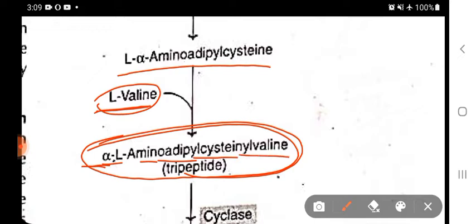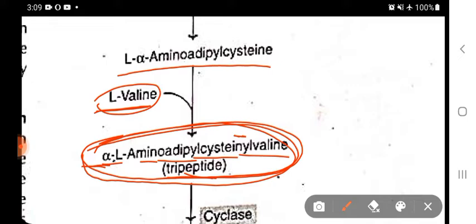Alpha L amino adipyl cysteine valine, which is a tripeptide. Okay, tri means made up of three, peptide means there is a peptide linkage that joins these amino acids, right? So this is the first step that we can see in the penicillin production. Okay, next, this compound,